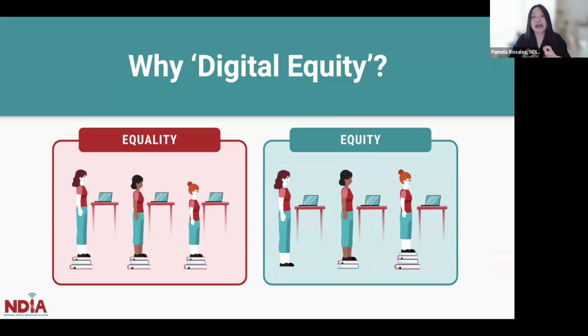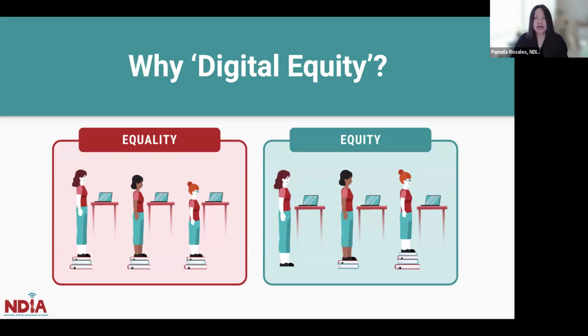But when you look at the term equity, it recognizes that individuals or communities have different circumstances and barriers, which then allows the resources to be effectively distributed so that everybody can reach an equal outcome. On the right side of the picture, whereas equity, there's still 6 books, the same amount of resources, but it's allocated effectively and efficiently so that everybody is kind of starting in the same space, right?